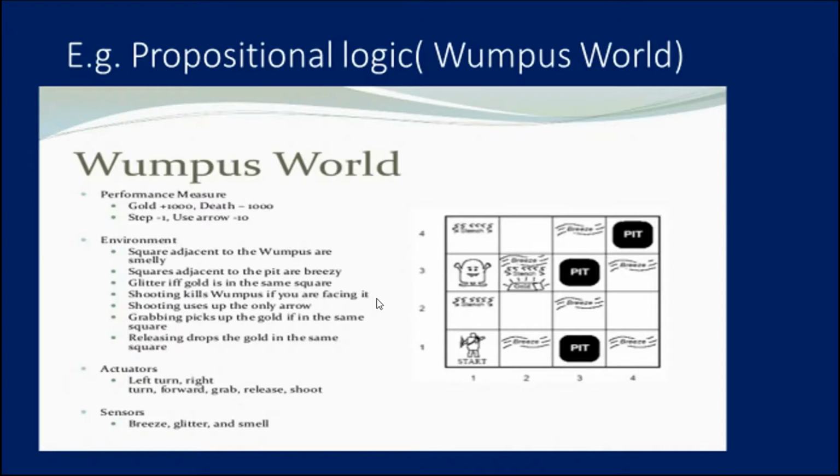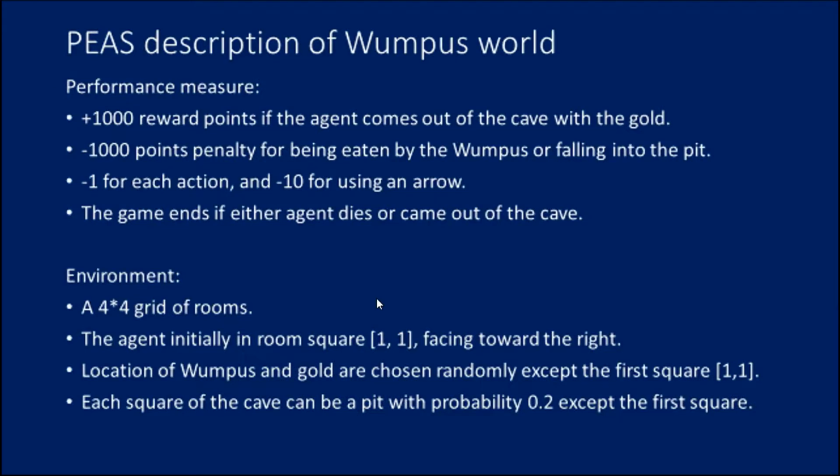So this is the cave. Inside the cave there are, I hope you remember, stench, breeze, pit, Wumpus and an agent. Keeping all these conditions in mind, using propositional logic, we want to take the gold rather than get caught by the Wumpus or fall into a pit. Having these conditions, the problem has to be solved.